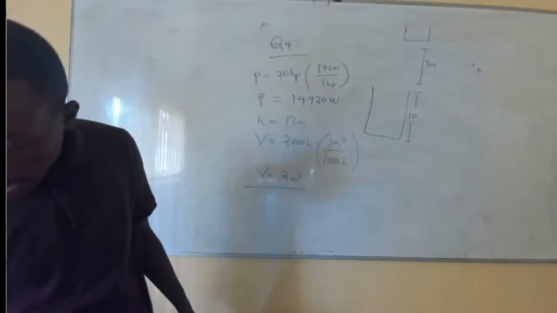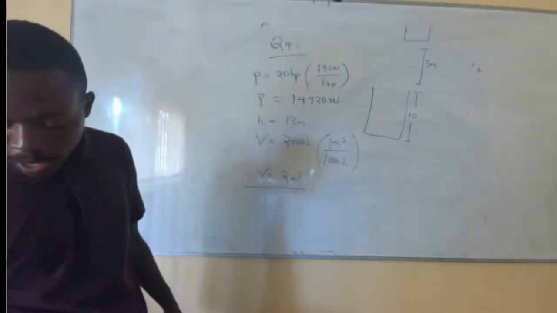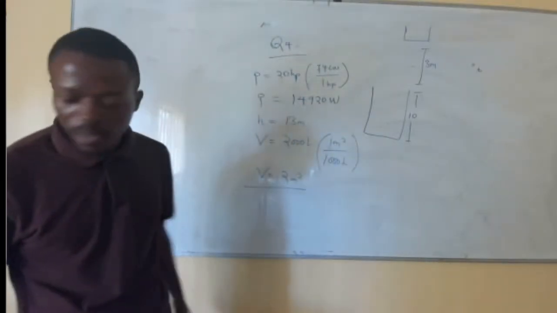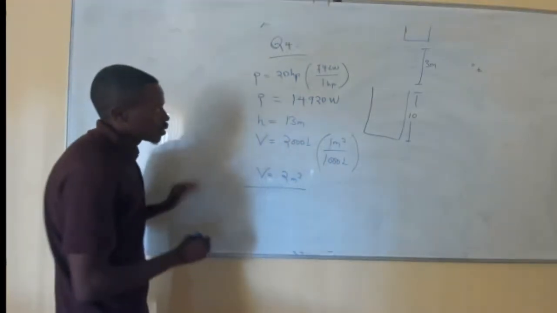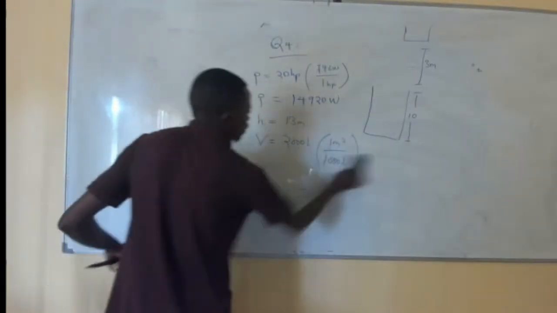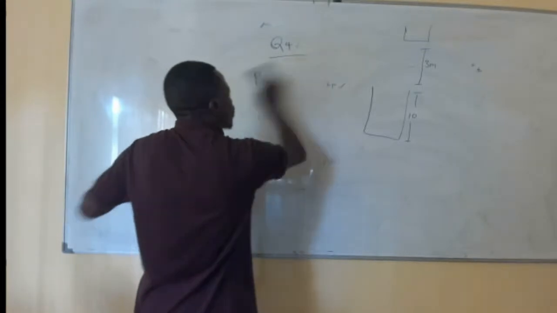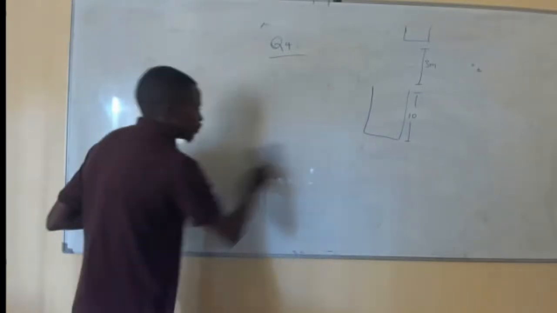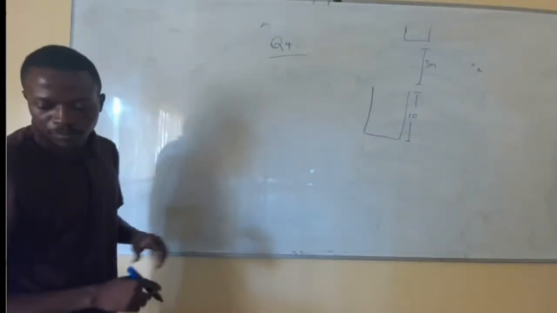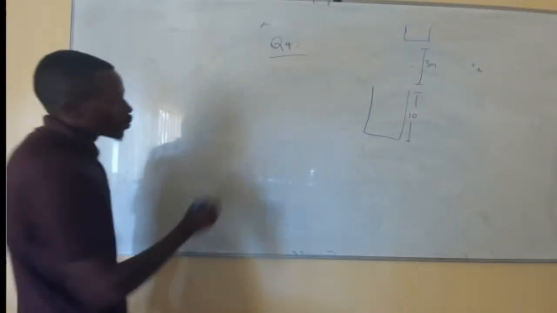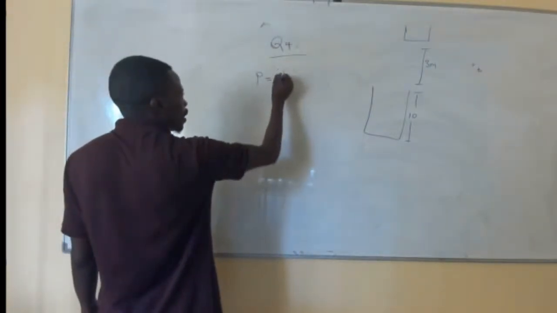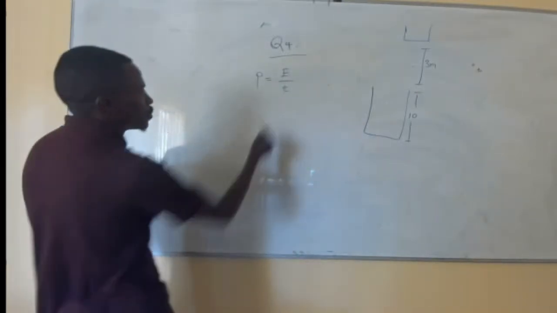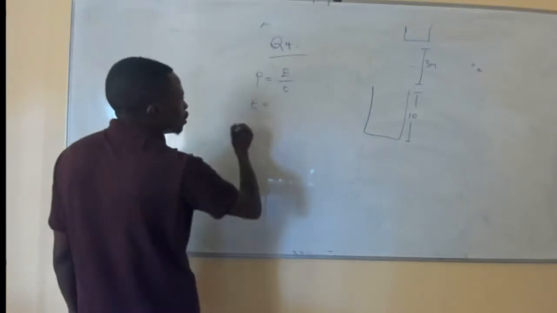So we've been told to find the time that it will take to pump water from the well into the tank. So in this case, we proceed by simple analysis by just writing down the formula for power, and then from there we'll build on whatever quantities that we need to find. Okay? So we know that power is given by the work done, which is just the energy, divided by time. But we need to find the time. So time is equal to